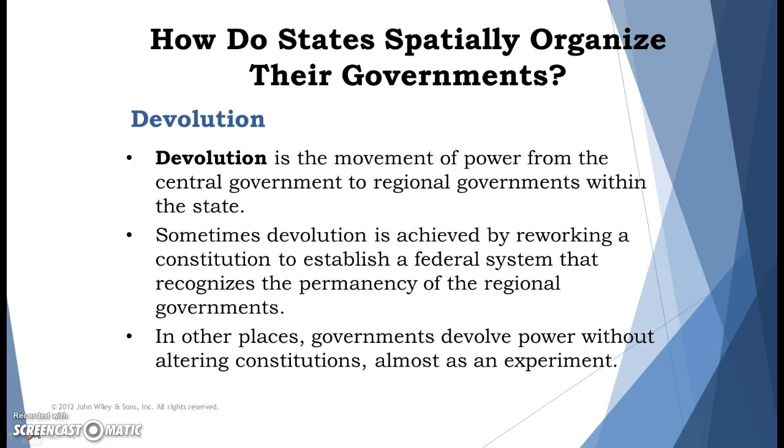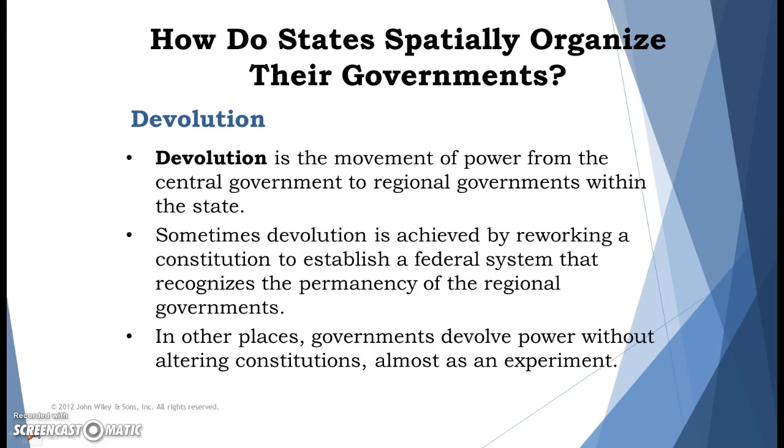The process of giving that power to states is called devolution. Okay, and devolution is when we move power from a strong central government to regional governments within a state. And this is what's actually happening in Britain right now. It's pretty interesting to watch, because what's essentially happening is this second bullet point here, where the Constitution in Britain